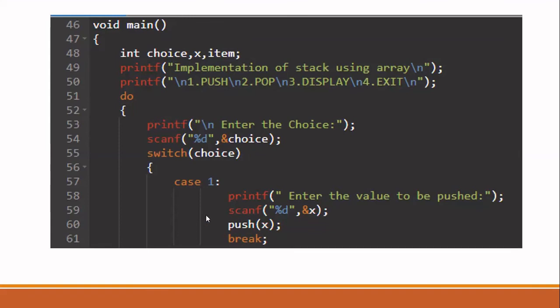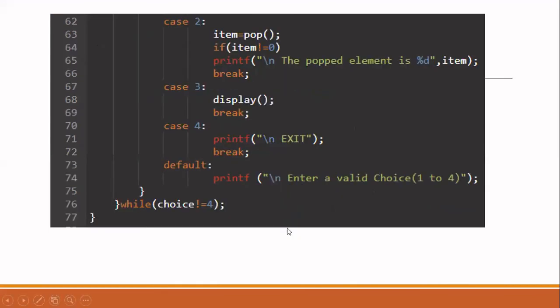So in case 1, the user is going to push an element to the stack. First, you should ask for the value to be pushed from the user. Using a scanf statement, you read the value to be entered, let the value be x. Now you call the function push, which you have already written. To the push function, you pass one integer argument, that is the value to be pushed, which is available in x. Then finally terminate the case with a break statement. Remember to give break, otherwise it will continue with the next case also. Always, when you want your program to be correct and do only the intended work, you should give break.